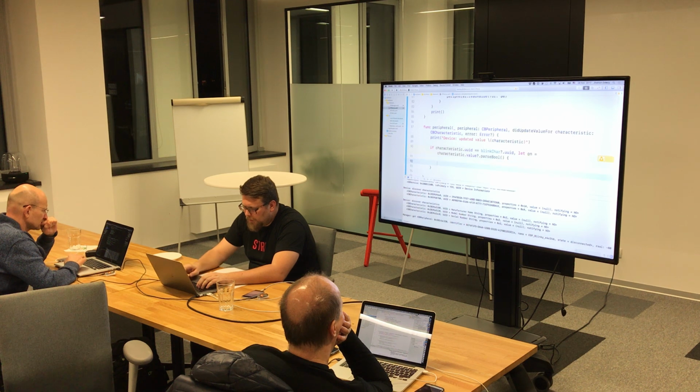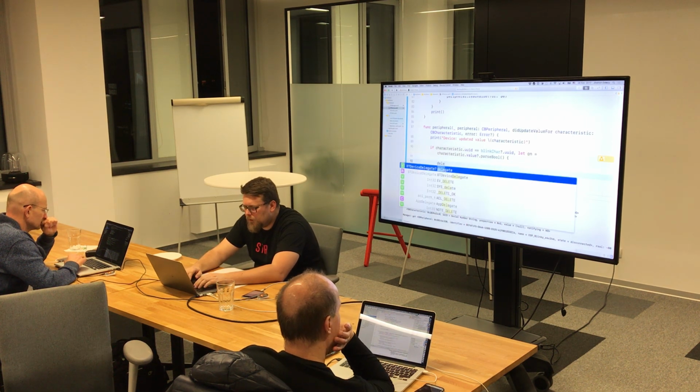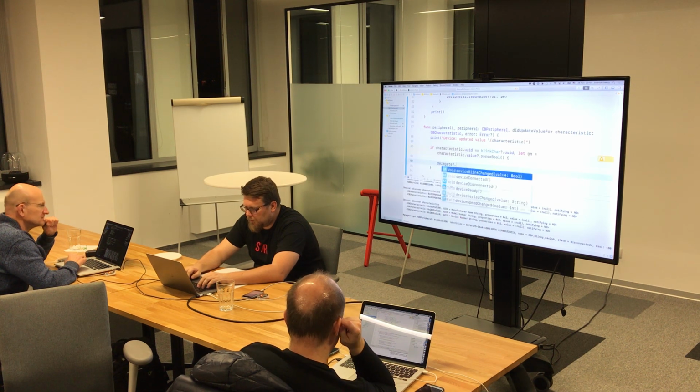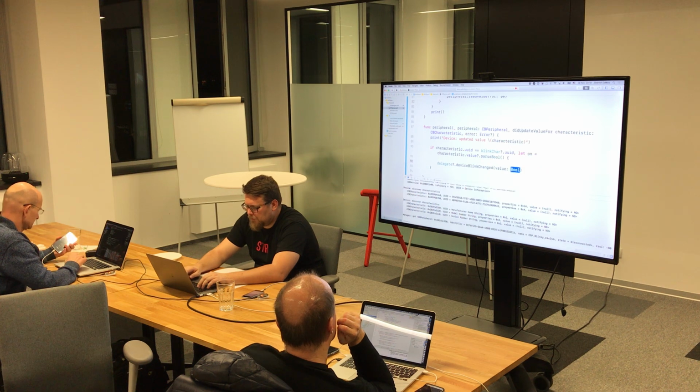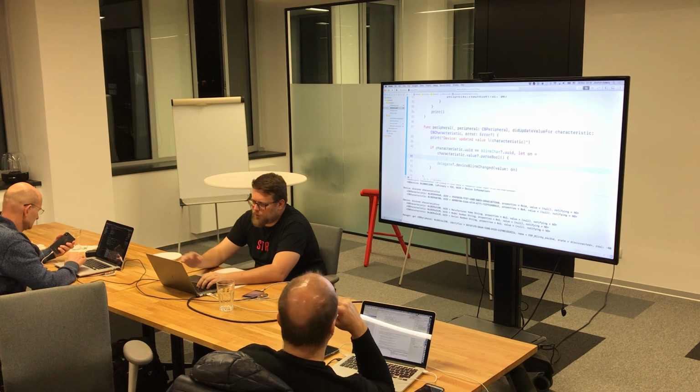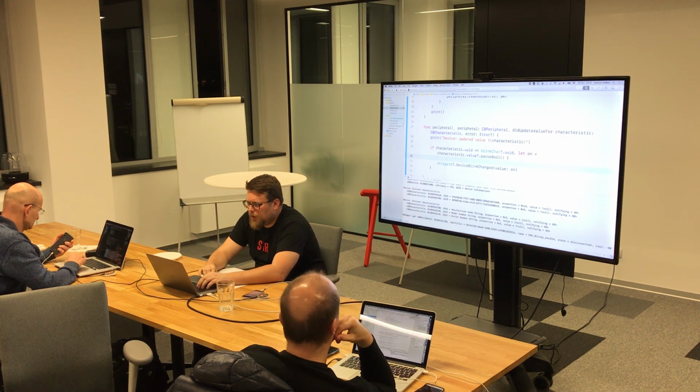So now we have our Boolean. So what to do with that? Just shove it to delegate. Device blink changed. On. Okay. Now we should probably store this value for ourselves, so the client code, the view controllers, can